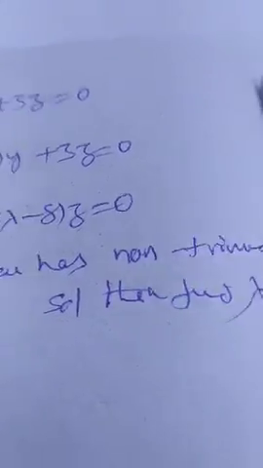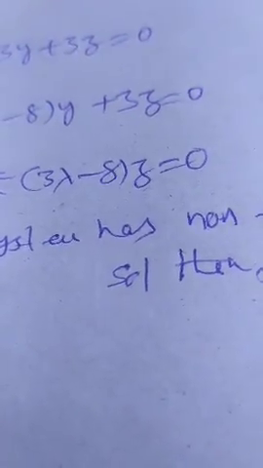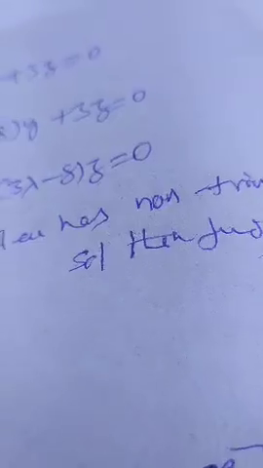Okay. So in a homogeneous system, if the system has a non-trivial solution, you can take det A equal to 0, and you will get the unknown quantity which occurs as a coefficient. Based on this you can try exercise problems. Thank you.